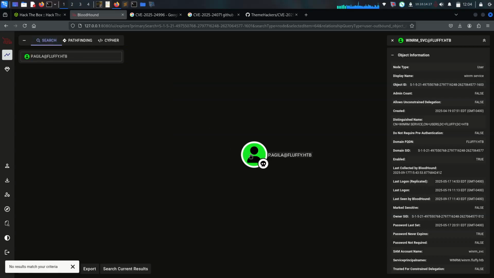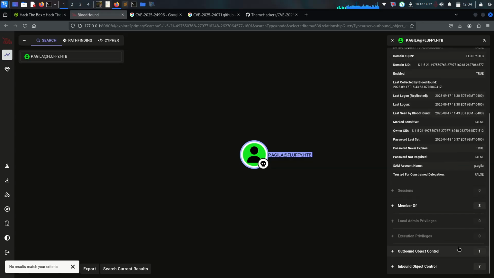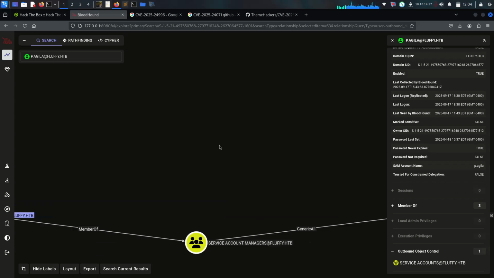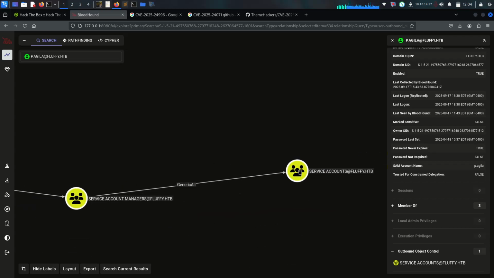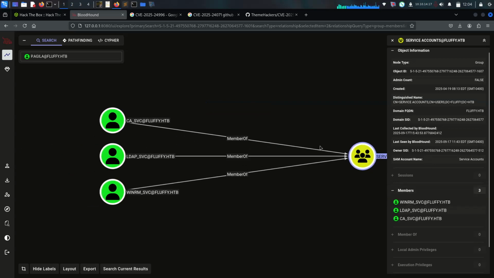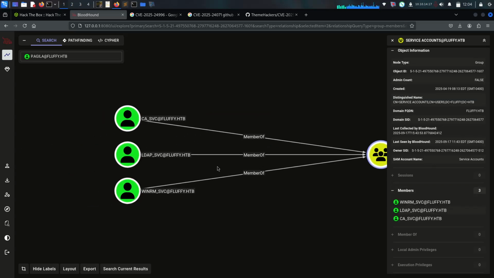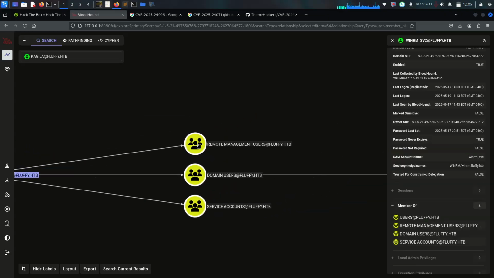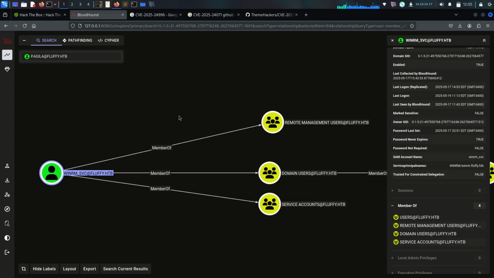What I'm going to do is just go back and go for PAGLA, and then go for outbound object control. We are a member of service account managers, and we have GenericAll on service accounts. If you want to check it here, members of them, we can see there are Kerberoastable users, which are SA services, LDAP services, and WinRM services, of course. So our attack path could be here. WinRM services is a member of remote management users, right? So this is the first thing we can go for,